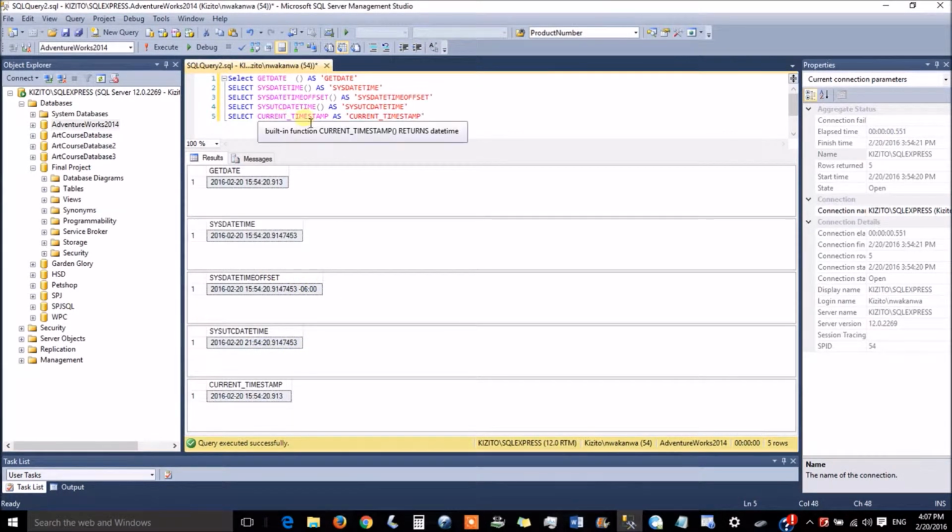Now we do CURRENT_TIMESTAMP. You notice the current timestamp is written with a lowercase dash timestamp and the label of the column, and there are no parentheses, no open or close brackets, and you get this. Now it approximates, it's very similar to GETDATE. You can see it gives you 3 decimal places right here. So now we continue by adding